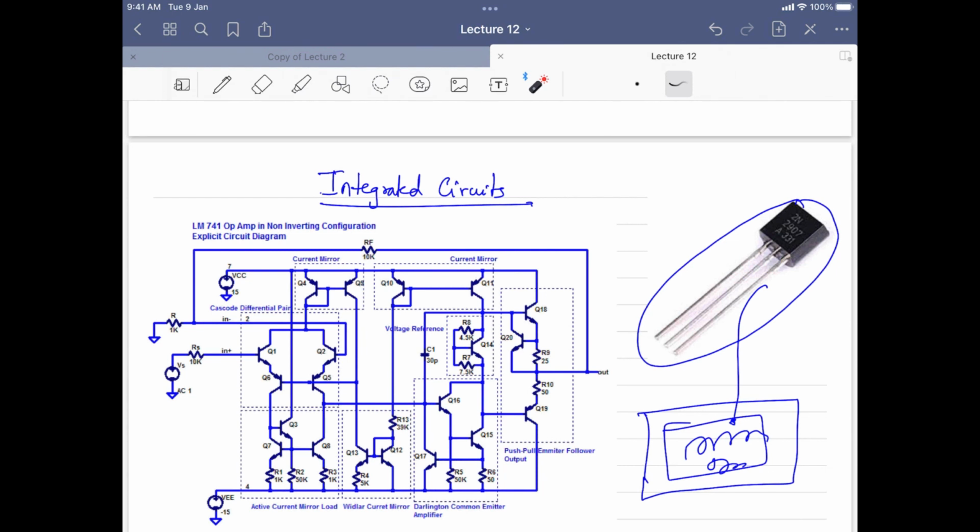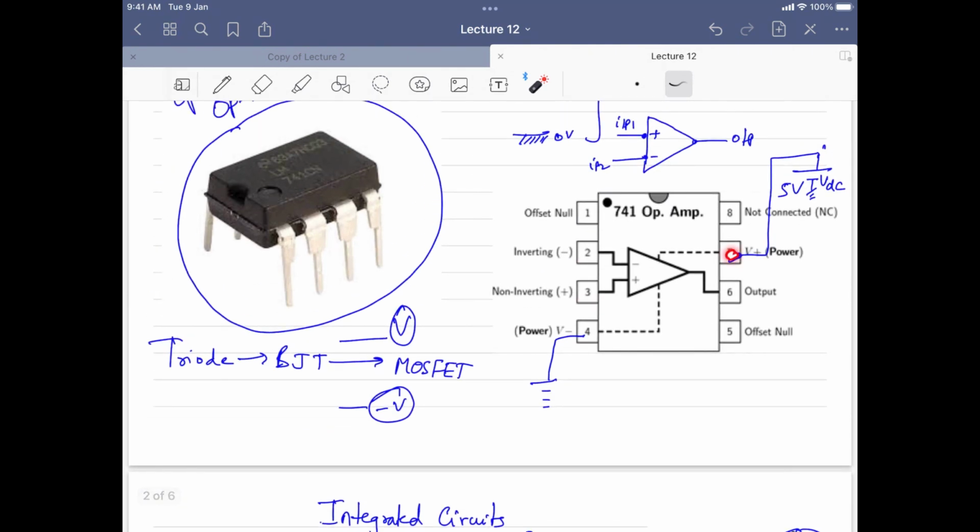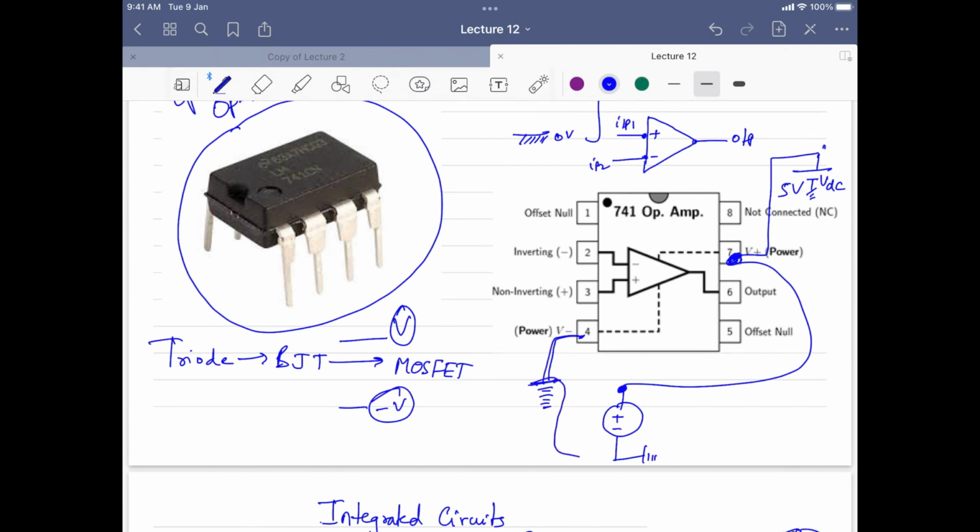Sir, could you explain what you connect to that seventh pin again? This 7th pin is the supply voltage. You connect it to a voltage. Let us say you have a battery like this. The battery's plus terminal will go to this 7 and minus will go to ground. Since this is also connected to ground, will you all agree that these two are connected together because both of them are ground? Yes, sir. So you are actually powering with plus potential on the 7th and ground on the 4th terminal.